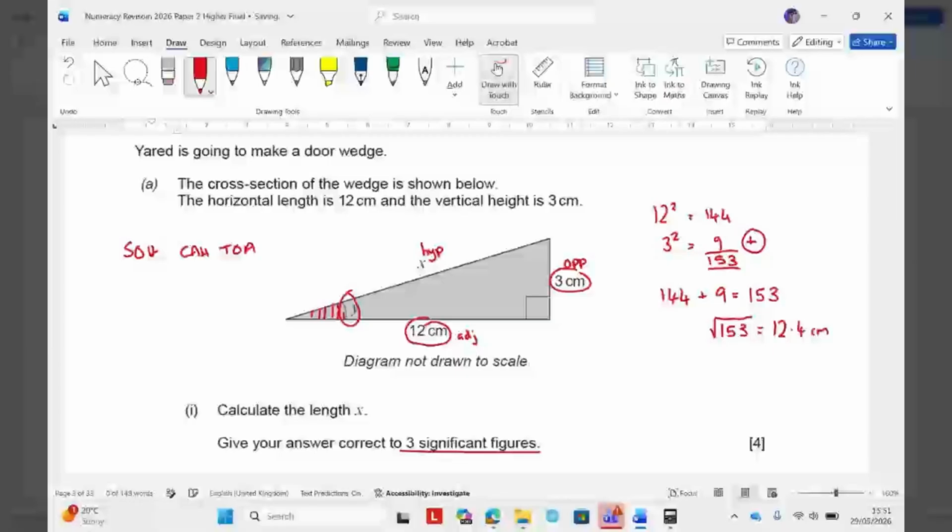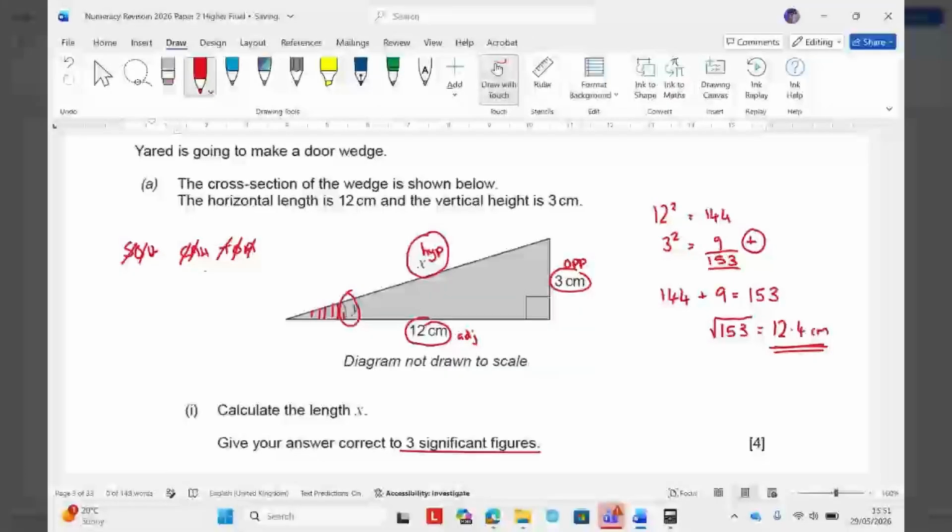Right? We want to find the angle. We always cross at SOHCAHTOA, but what sides do we know to allow us to do that? We know O, opposite, and we know A, adjacent. The side that we don't know and we don't care about is that. Well, technically, we do know it now, right? We do know it now, but I think this part came before we would have done that, if that makes sense. So at the time of working out y, we didn't know the hypotenuse, so pretend we didn't,